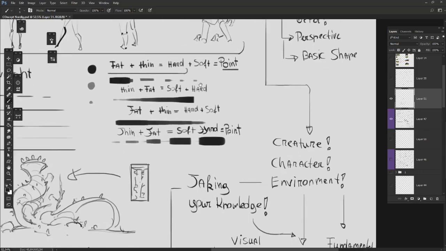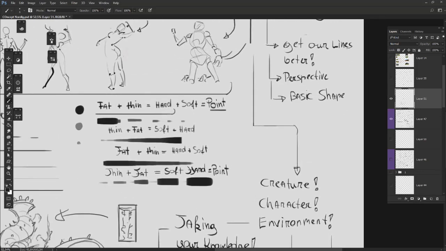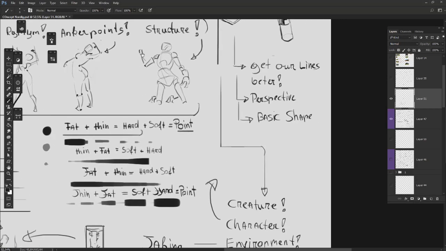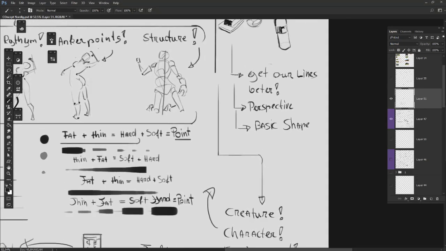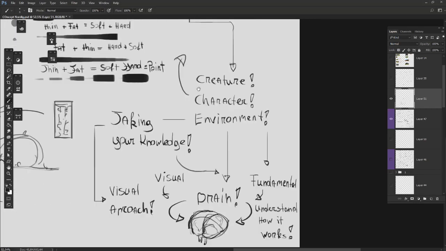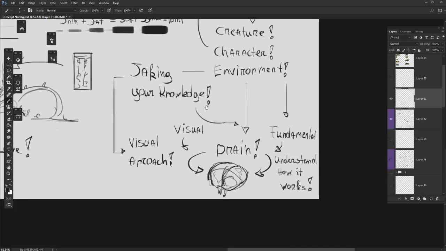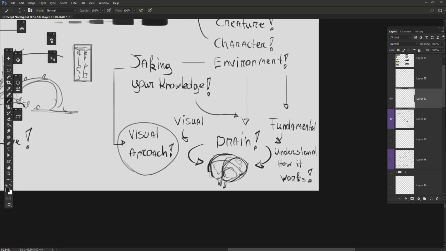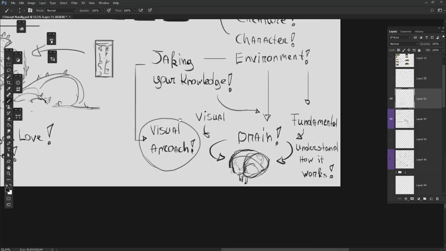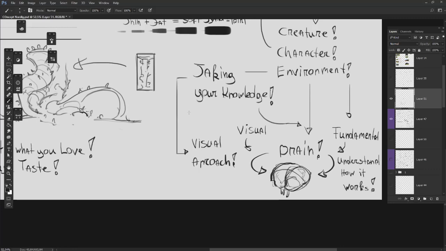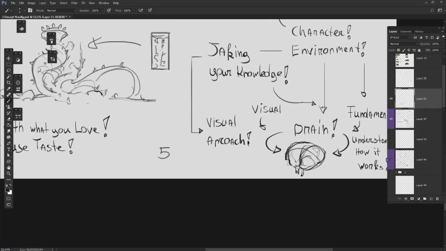Same with environment, but in environment it's actually structure. Even though this is also a structural part, it's about gravity itself now. And we take these things in and fake that knowledge. This is a much more visual approach into how to understand things visually, because the reason why we do that is after 5 years to probably 20 years,